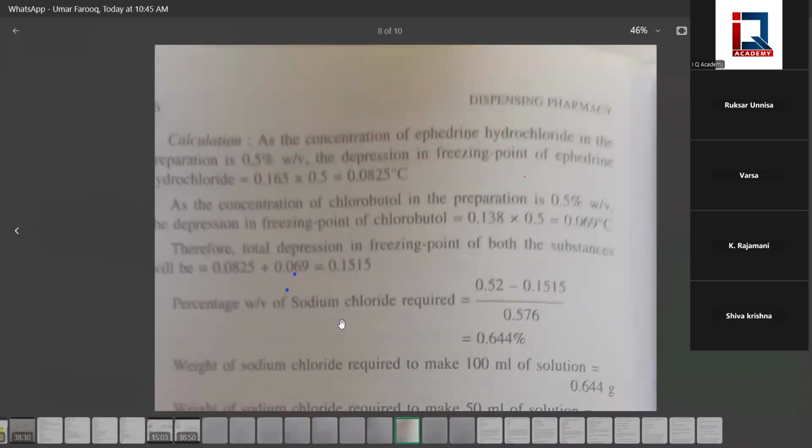See clearly here. As the concentration of ephedrine hydrochloride in the formulation is 0.5% weight by volume, the depression in freezing point of ephedrine hydrochloride is